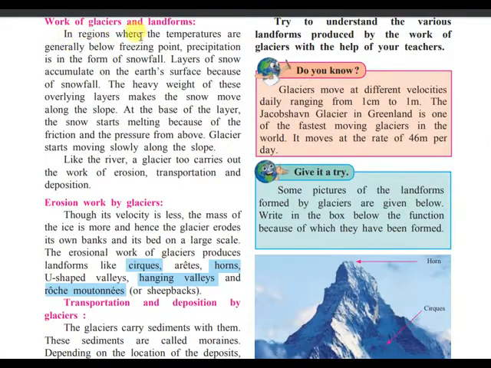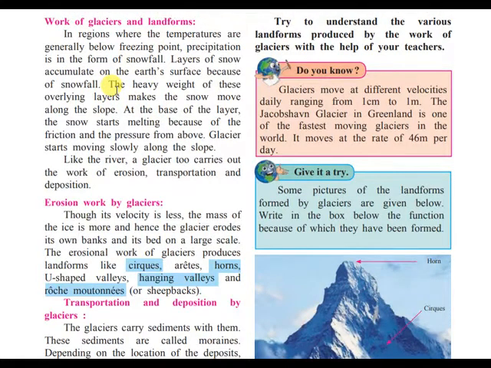Now see, in regions where the temperatures are generally below freezing point, precipitation is in the form of snowfall. तो ऐसे रीजन्स के बारे में बात करते हैं जहाँ पर टेम्परेचर्स 0 डिग्रीज, मतलब फ्रीजिंग पॉइंट, के नीचे गिर जाता है, तो वहाँ पे प्रेसिपिटेशन, मतलब बारिश, वो स्नोफॉल के रूप में हो जाती है। तो layers of the snow accumulate on the earth surface because of snowfall। ये जो लेयर्स रहते हैं एक दूसरे के ऊपर चढ़ते जाते हैं, तो एक लेयर के ऊपर दूसरा लेयर बनता जाता है।